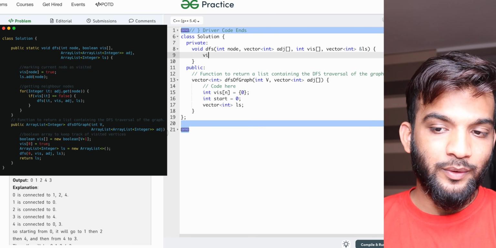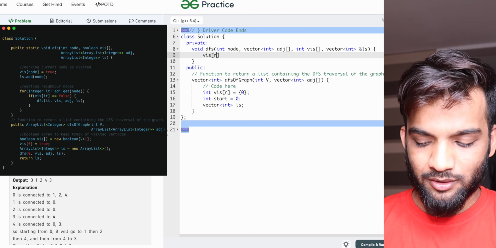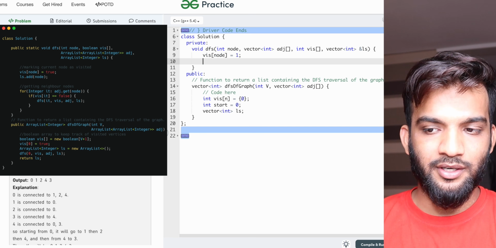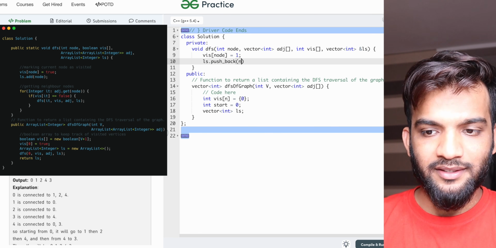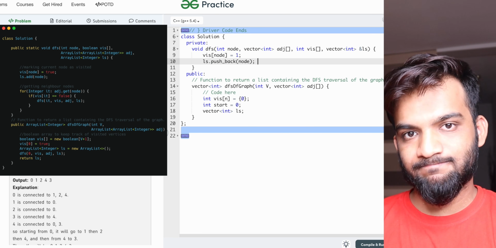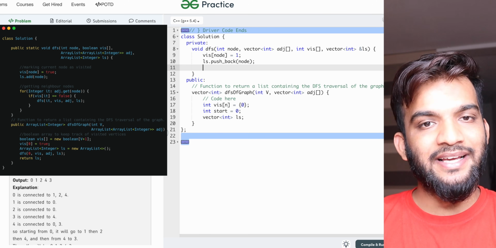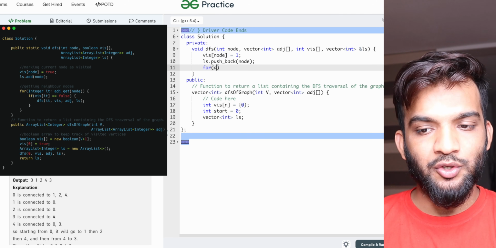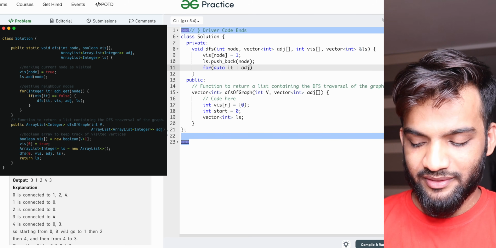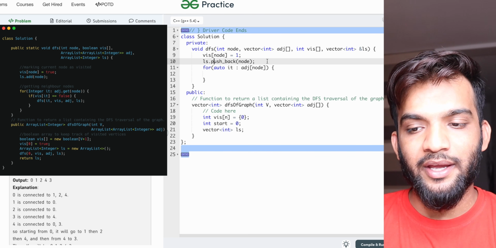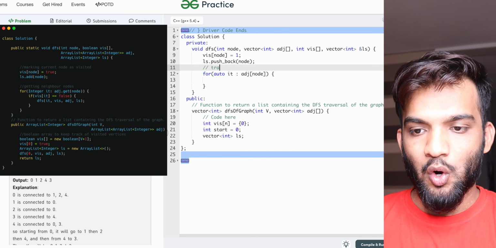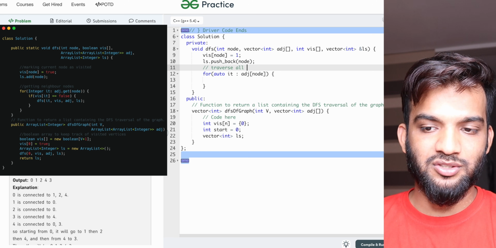Now what will you do when you enter? So the moment you enter, you remember this is mandatory, and you add the node into the vector or the list. What's the next step? The next step that you do is you traverse for all its neighbors. So this is how you traverse for all its neighbors. Remember this is the way in which you traverse all its neighbors. Okay,